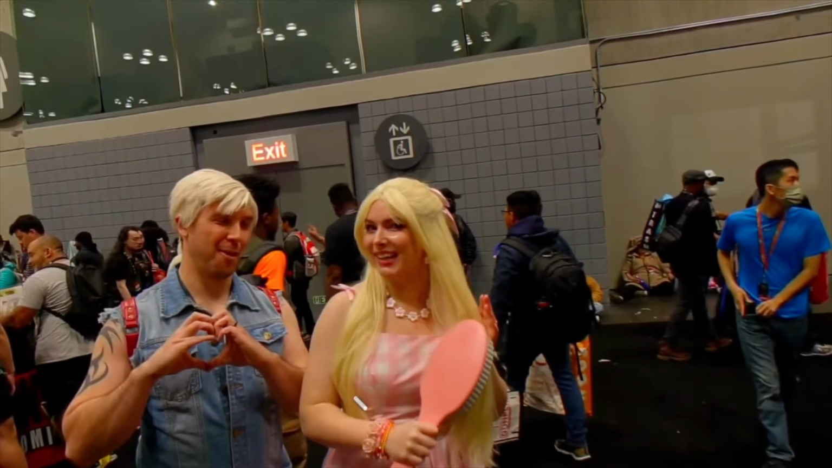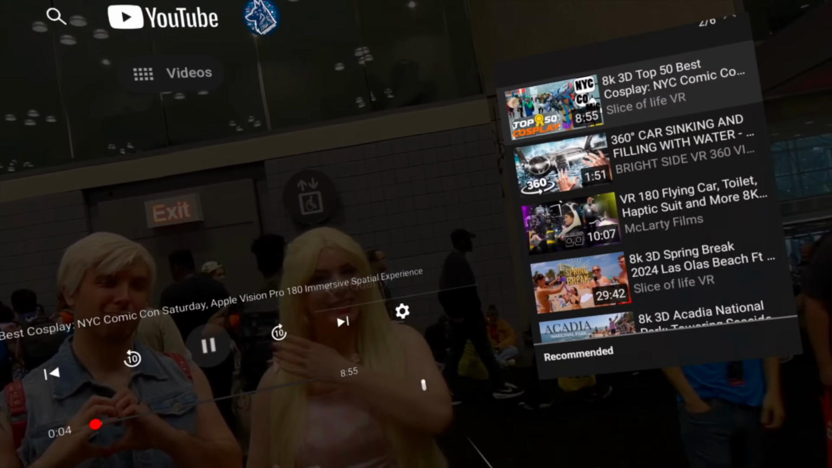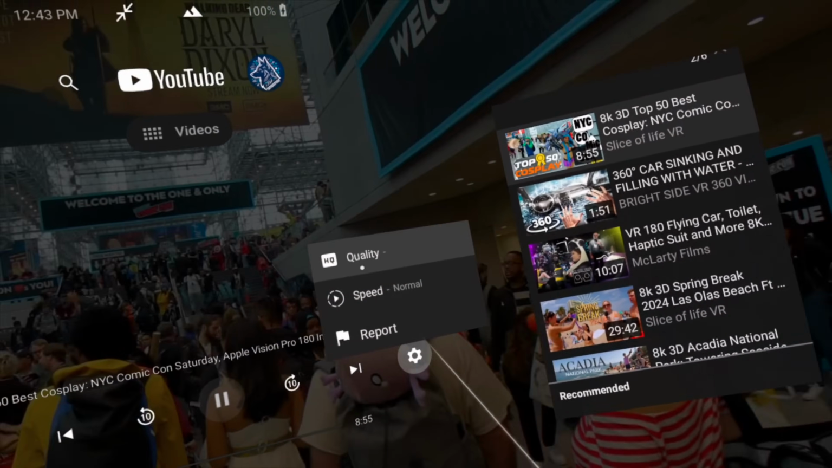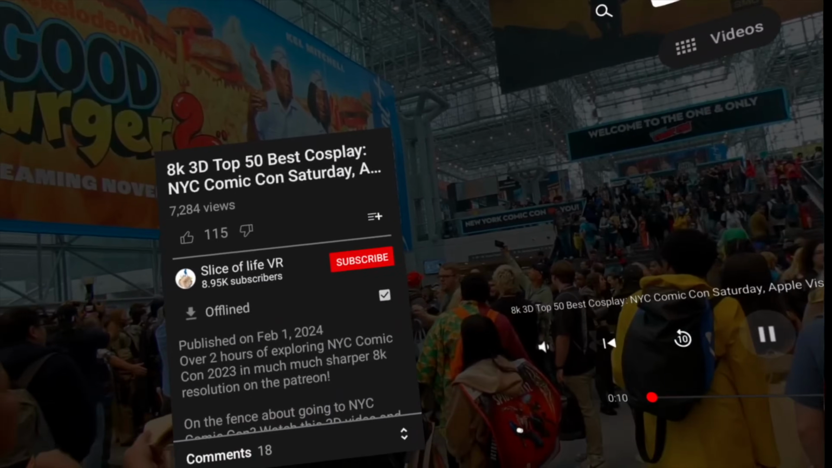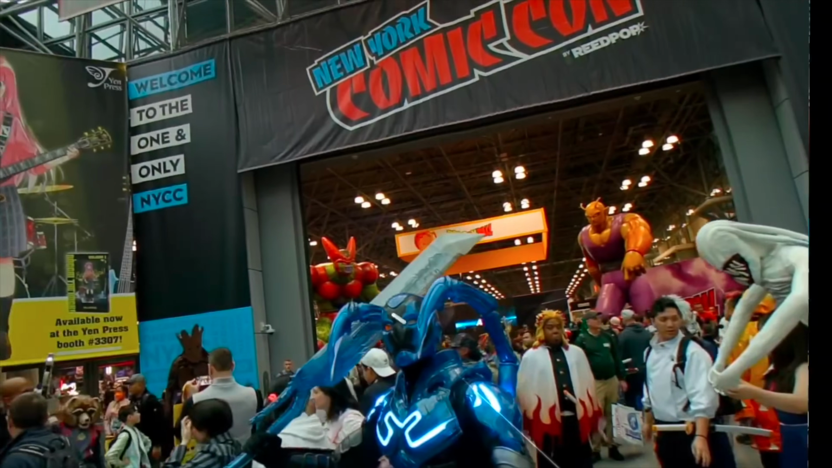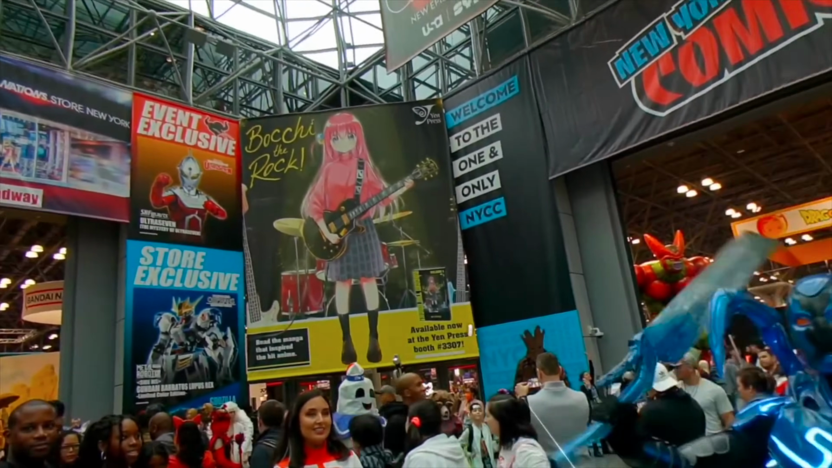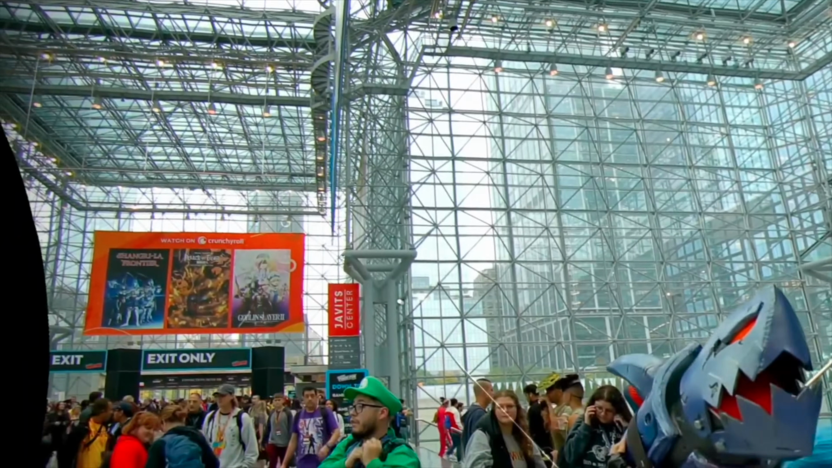Let it buffer, let it load. I do recommend going into the settings and making sure that the quality is actually in 8K. But since I'm recording, it's not allowing me to change the resolution. But in the 8K selected setting, this experience is mind-blowing. Right now there's no audio because I am recording. It's collecting my microphone. But this 180 experience is pretty cool if you always want to check out like how